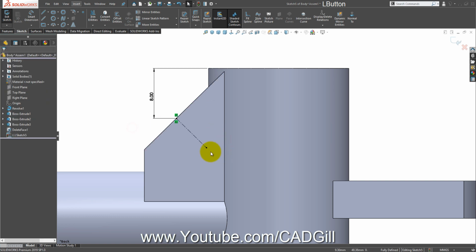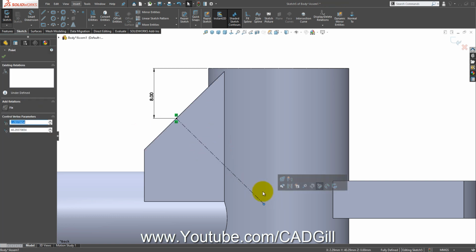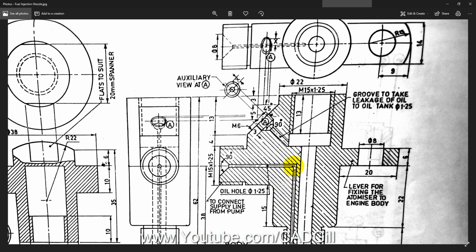Let's make this go all the way down. The depth is not given here, how much it goes until this face. So this is 15. Okay, this is 15, and